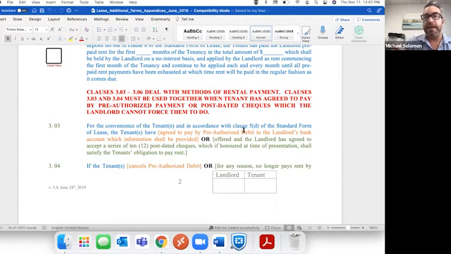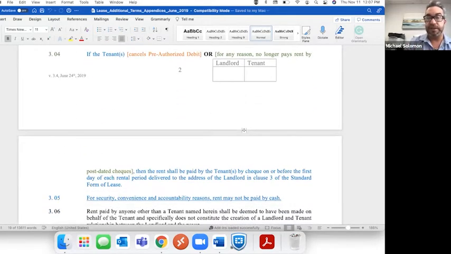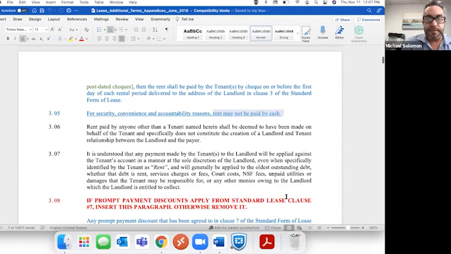So on the standard form of lease, it says we accept payment in the following terms, right? So in here, it talks about, if you cancel your pre-authorized debit, or if you no longer pay by post-dated checks, you have to deliver the rent by the day in which it's due, but rent may not be paid in cash. We talked about that last week about the subsequent issues that come with paying rent in cash. Now,